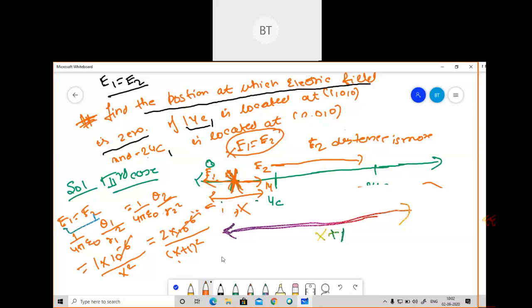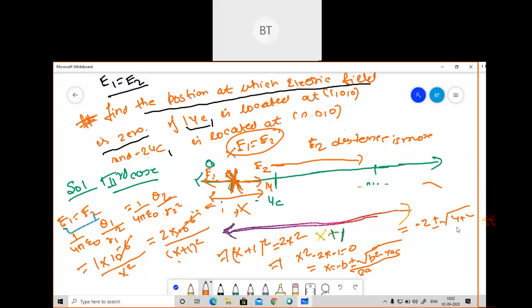What I will do, everybody is familiar with the quadratic equation. So (x plus 1) whole square equals 2x square. If we calculate here, x square minus 2x minus 1 equals 0. You are already aware that x is equal to minus b plus minus square root of b square minus 4ac, divided by 2a. You just need to substitute the value, and if you substitute the value, that is minus 2 plus minus